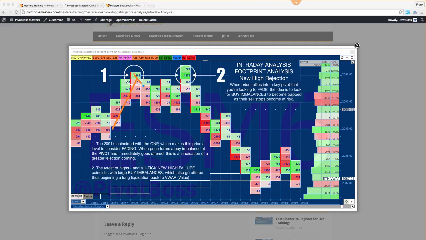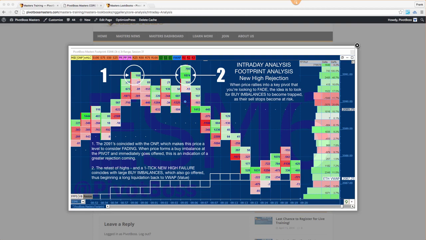I want to condition you so that when price rallies into a level that you're expecting to fade, and price does immediately pull away, look at the price point that had the significant rejection, and then look at that price point, or perhaps a tick or two in front of it, or a tick or two above it. That gives you a little bit of a window, because sometimes you get double tops, sometimes you get a one tick new high, sometimes you get a tick or two lower high, and every one of those becomes a potential area to fade for that second